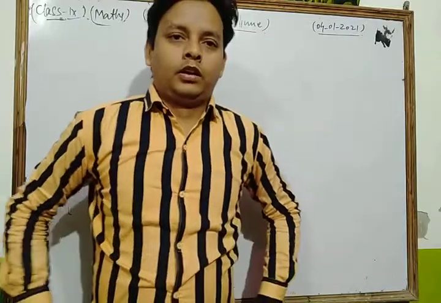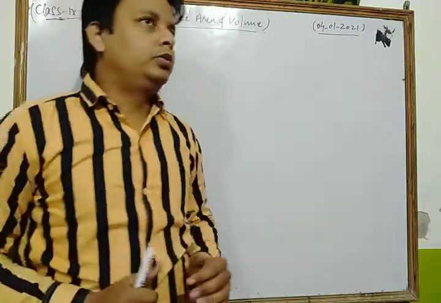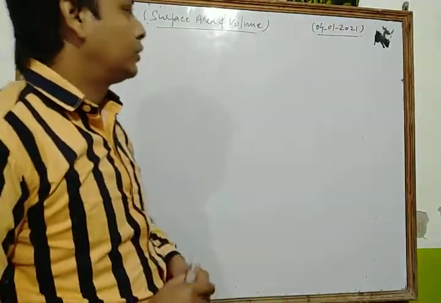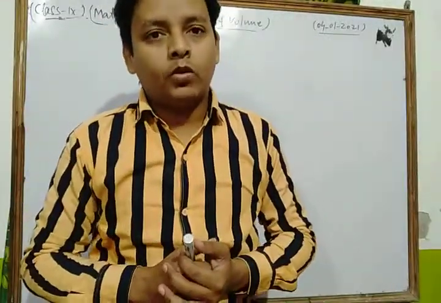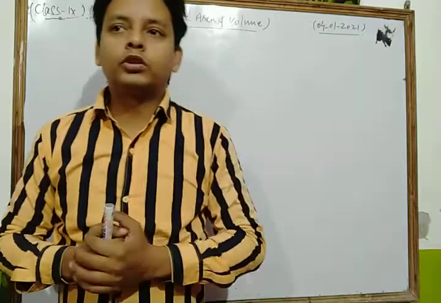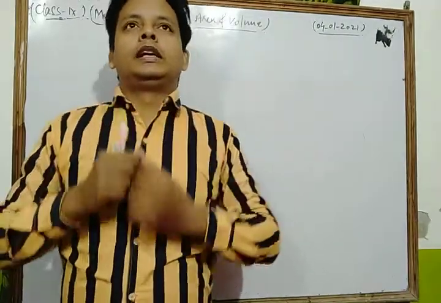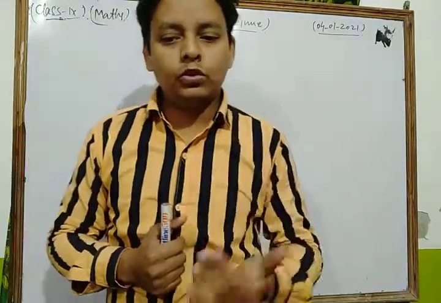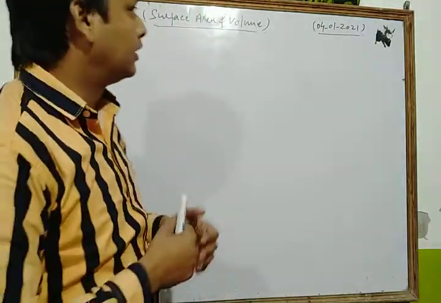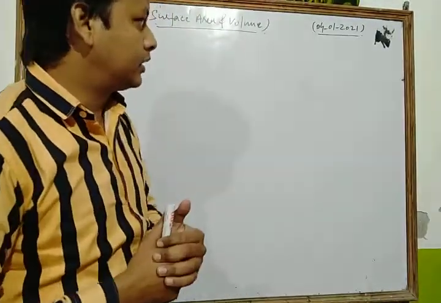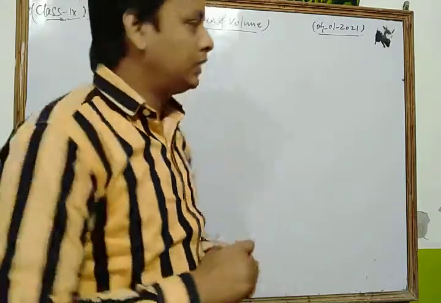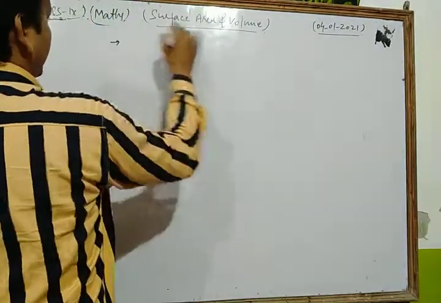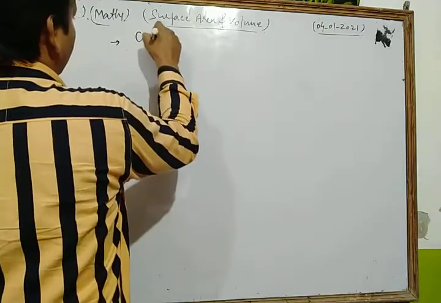Okay students, today we are going to revise a very important chapter of your NCERT exercise, which is surface areas and volume. This is one of the most important chapters for your examination purpose. So let's discuss all the shapes of solids included in that chapter. The first topic of that chapter is cuboid.